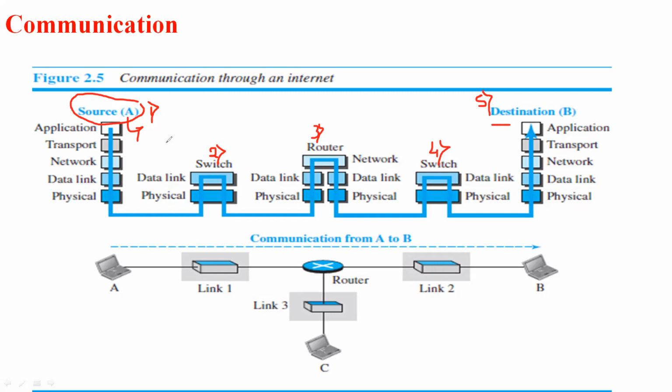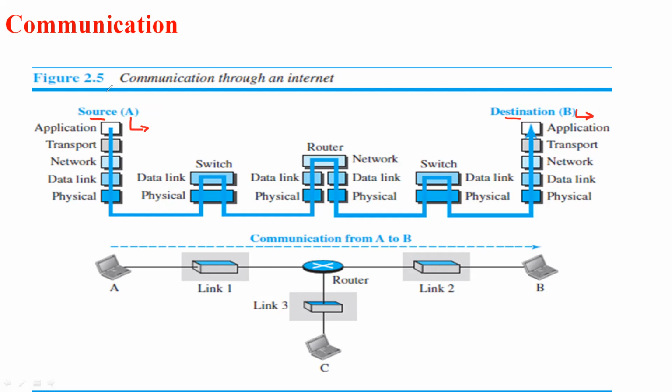So let's assume the communication takes place between a source and a destination. Whenever we are talking about a communication, it eventually takes place between two particular devices. One is a source and another one is a destination. So here also, with respect to the TCP/IP model, the communication takes place between two different devices, between computer A as well as computer B. So this is the source as well as the destination node.